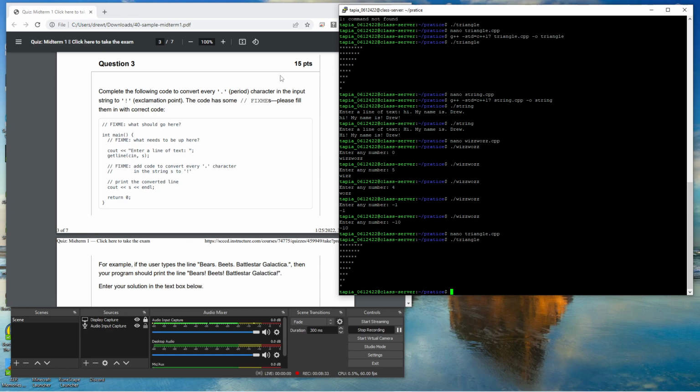Complete the following code to convert every period character in an input string to an exclamation point. The code has some fix-me's. Please fill them in with the correct code. Alrighty. Well, it says what should go here right above main. Well, I just talked about that a couple times. You're always going to have